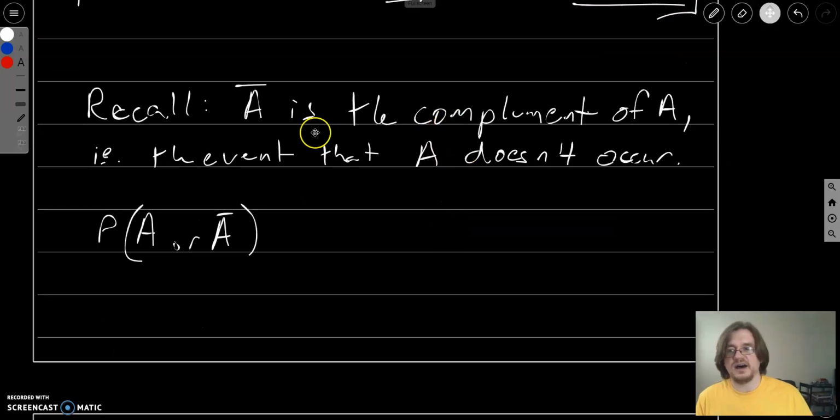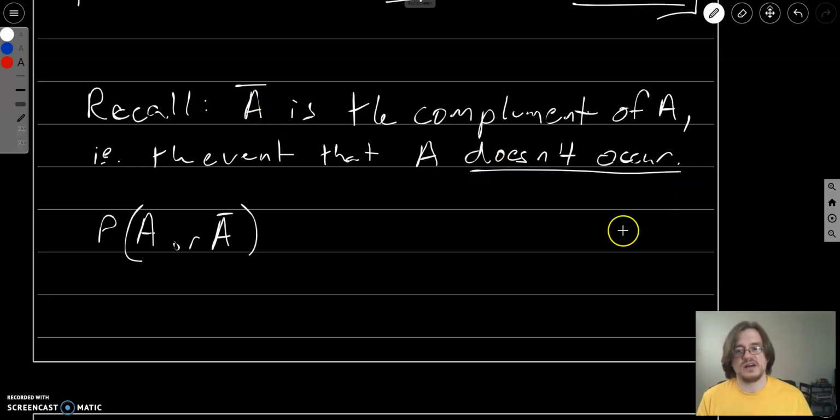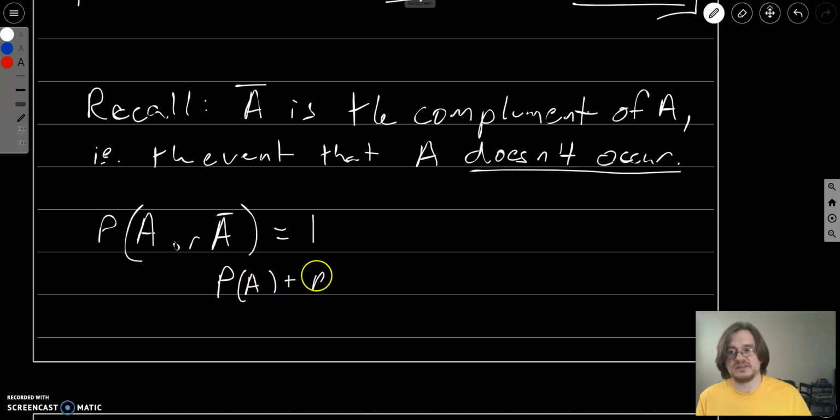And then the very last thing in the last couple seconds here, A bar is the complement of A. So if A is the event that something happens, A bar is the event that same thing doesn't happen. So they are essentially opposites of one another. So what's the probability that A or A complement occurs? Well, one of them has to occur. So this will always happen. And this means that the probability of A plus the probability of A complement is always